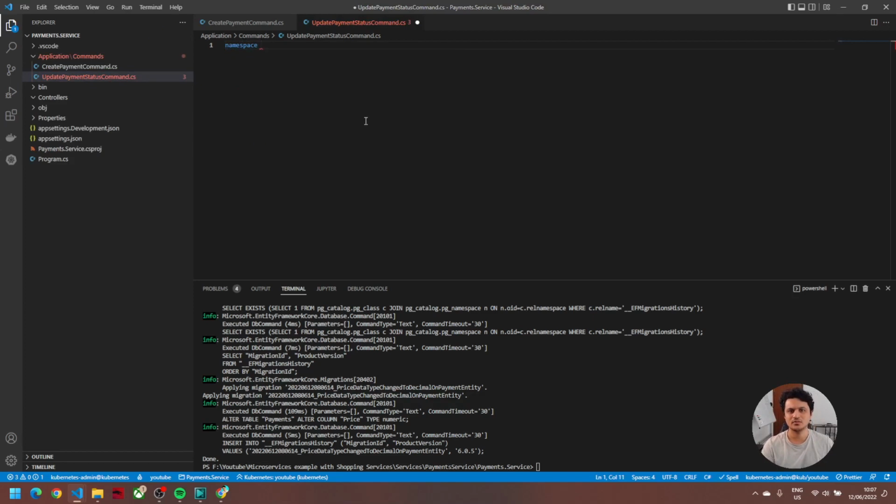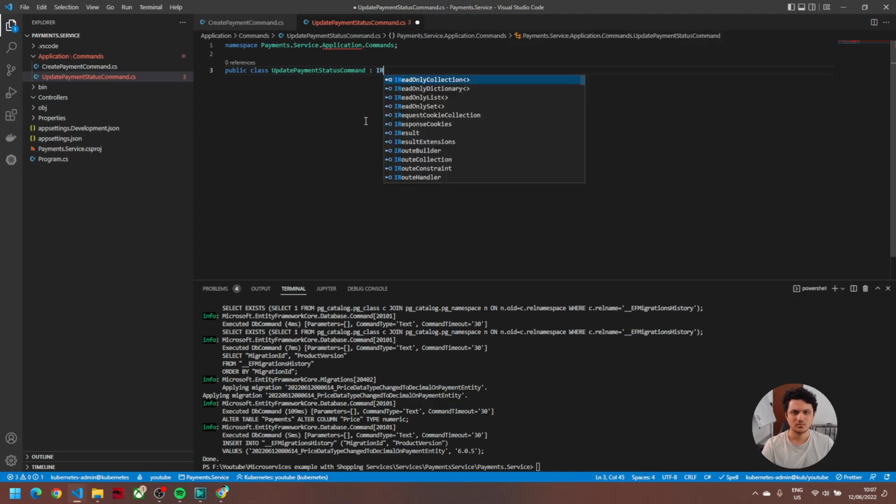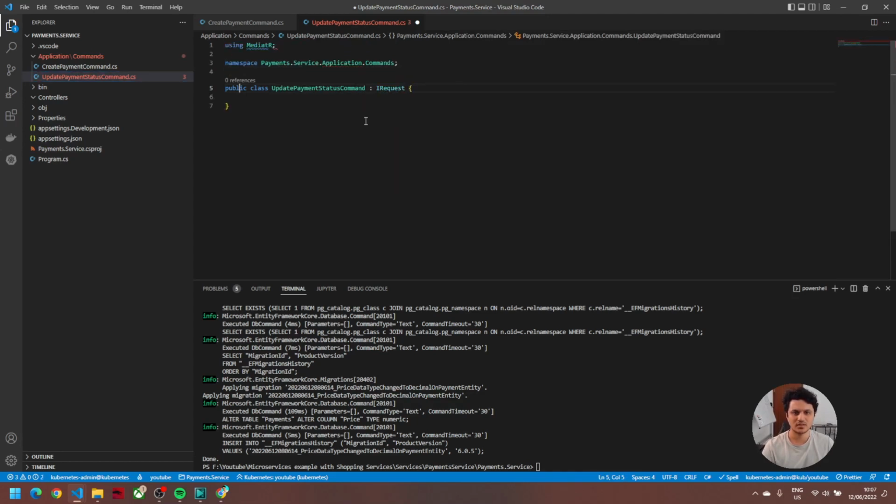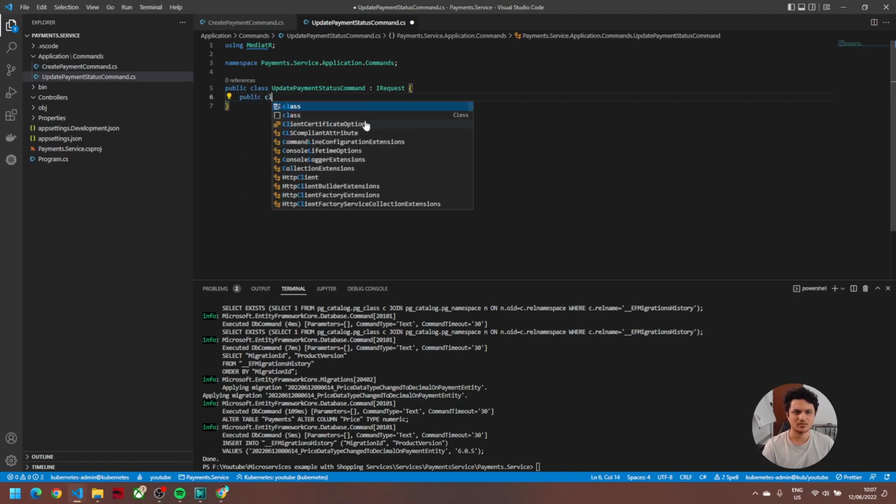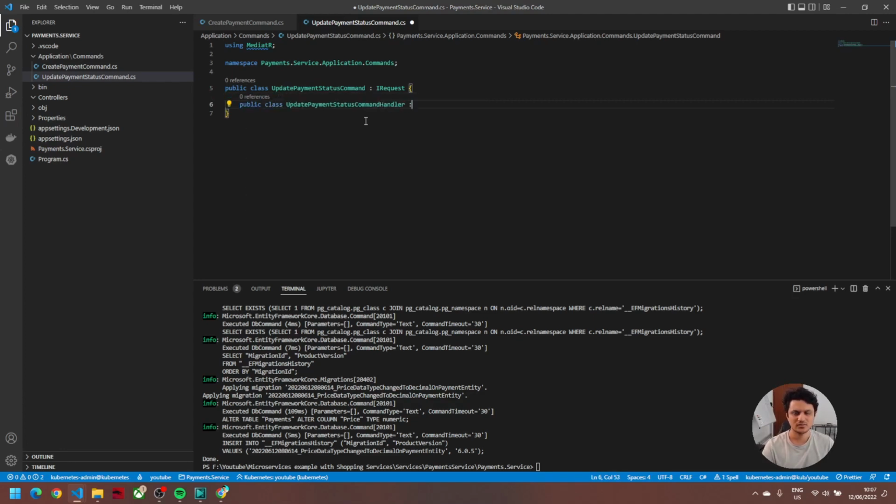Namespace Payments.Service.Application.Commands, public class UpdatePaymentStatusCommand, a request, and then we have public class this handler,